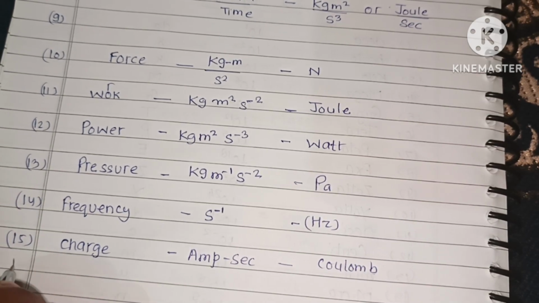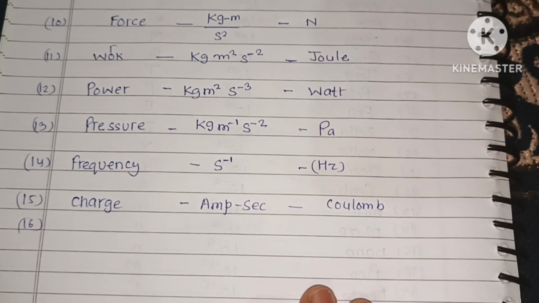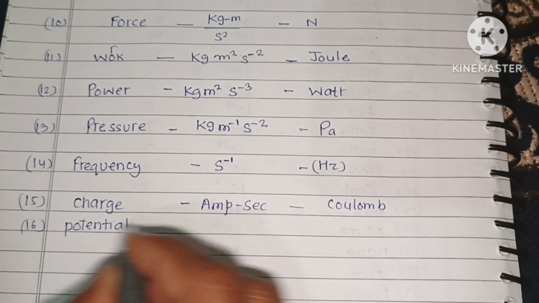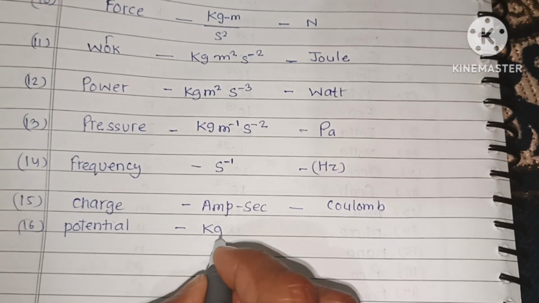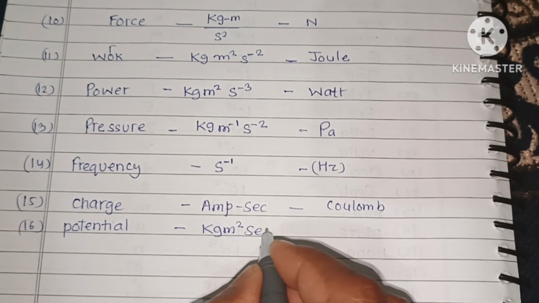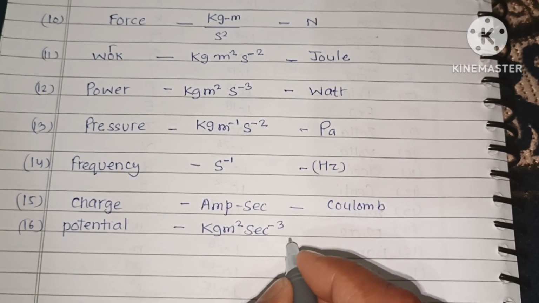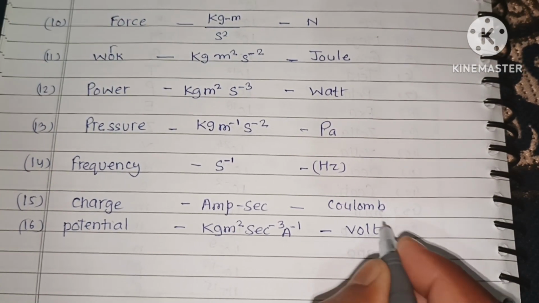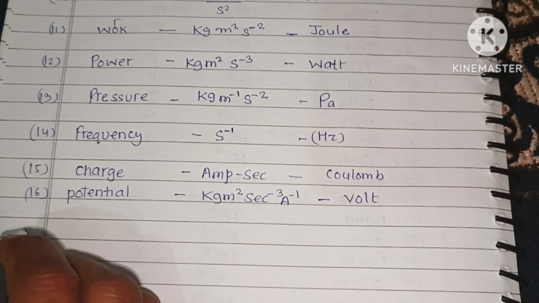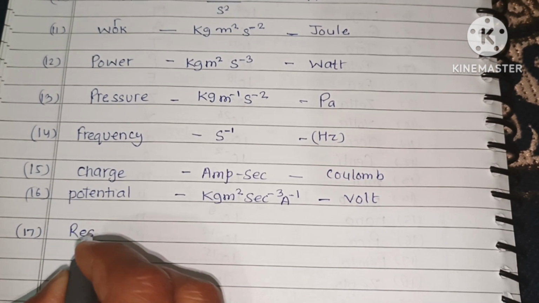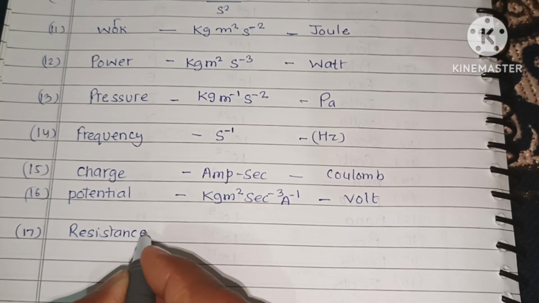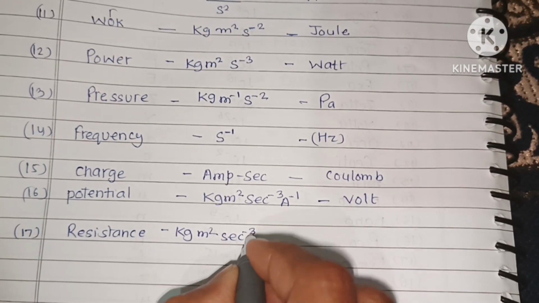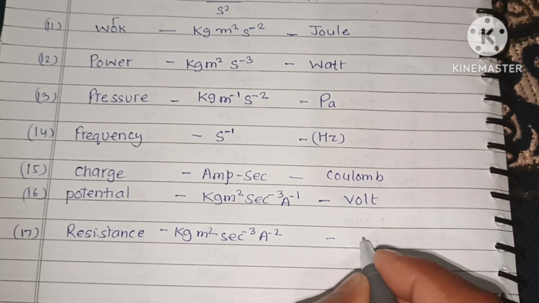Okay, now 16, potential, kg meter square second to power minus 3 एम्पियर माइनस 1 और स्टैंडर्ड यूनिट वोल्ट। रेजिस्टेंस, kg मीटर स्क्वायर सेकेंड पावर माइनस 3 एम्पियर माइनस 2 यूनिट इज ओम।